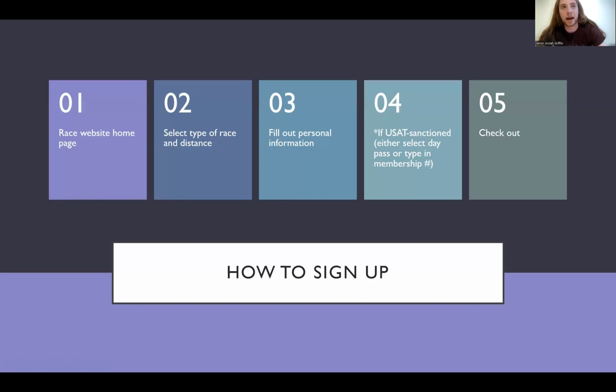Anything to add about that, Elizabeth? For parking passes, if you pick up your packet the day before, usually that's when they'll do parking. I haven't seen one yet where you have to buy a parking pass on the sign up, but it's probably on the website if you're really into it. We can touch on that later, like the morning of. I usually drive down the morning of, so I have to do packet pickup in the morning, and usually the parking passes are in that, or they just have them in the parking lot. You have to show a receipt that you have one or pay for one there.